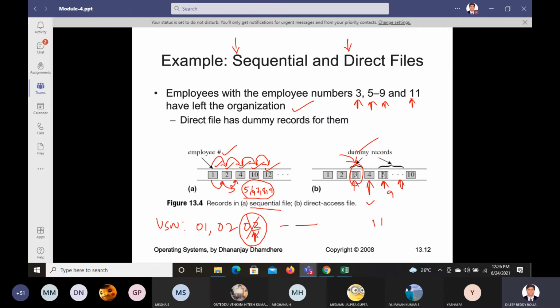Okay, if someone else comes, that name we keep up here. So you understood, right? Let us say USN 1, 2, 3 will go. 18 series 1, 18 series 2, 18 series 3, it will go like this. Now 18 series 3 is not there. What we'll do is 18 series 4 will go.